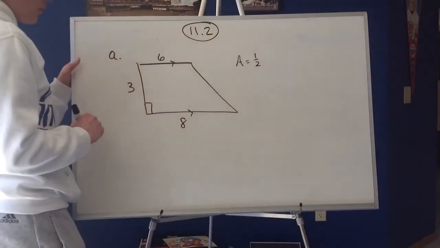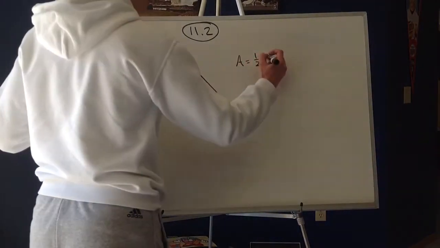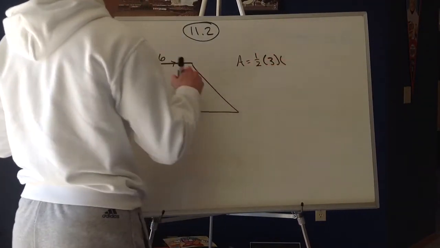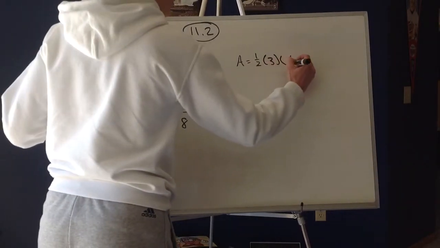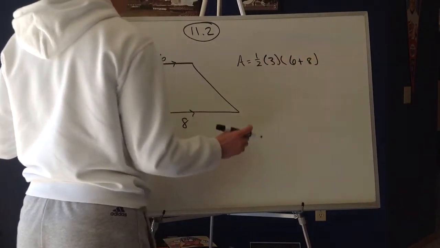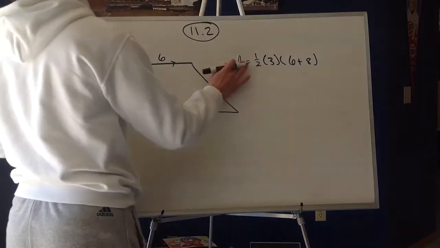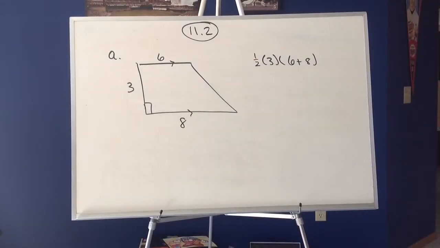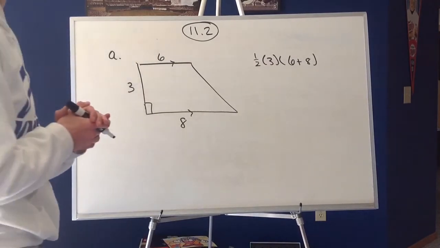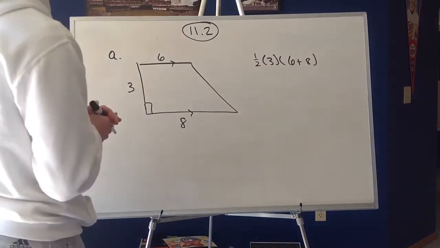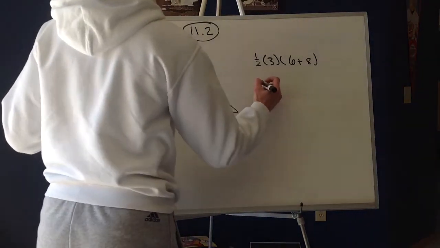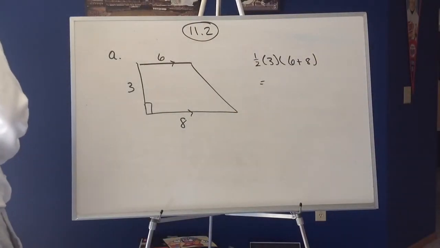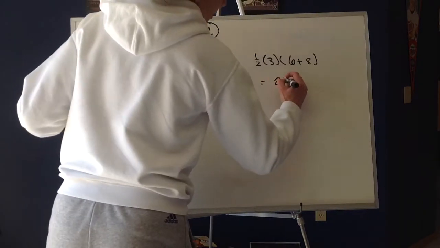So area is equal to 1/2 height, which is 3, and then base 1 plus base 2. When you are putting it in the Google form, you don't need the A equals, but you should have those pieces. Put each of the pieces in separately so I can make sure you understand what you are working with when you put your equations in. So for this one, you'll end up with 21 yards